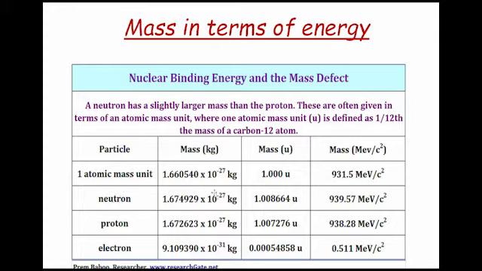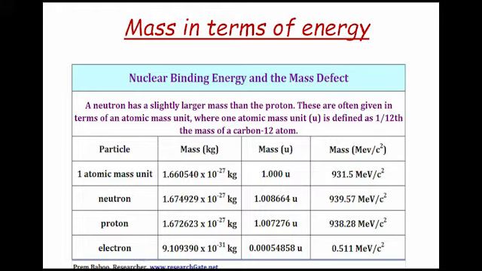And neutron mass is this, corresponding to 1.008664 U. So that is equal to 939.57 MeV by c square. So this is the proton mass, and this is the corresponding mass in U, and this is mass in MeV by c square. So this is the electron